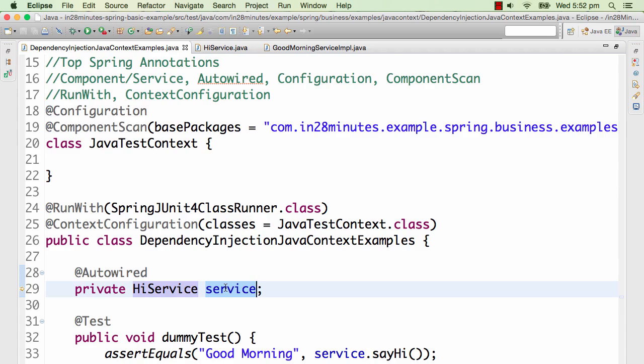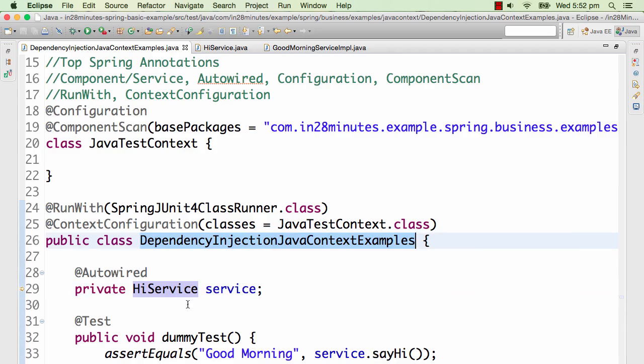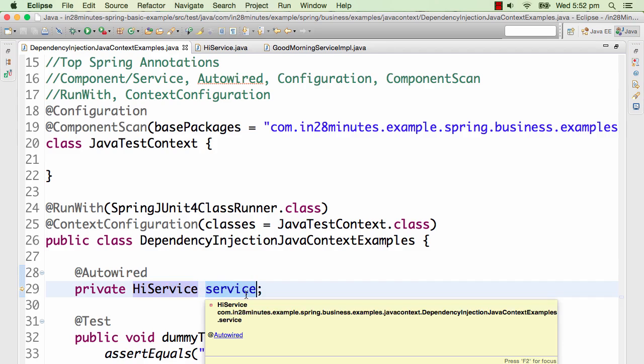The @Autowired annotation is this particular class telling Spring, among the components that are being managed by you, whichever one matches my definition. The match is a kind of a tricky thing. The match can be an interface. So if this is an interface, then a match can be any implementation of that interface. And also if there are multiple implementations of this interface, then even the variable name, so service, can also be